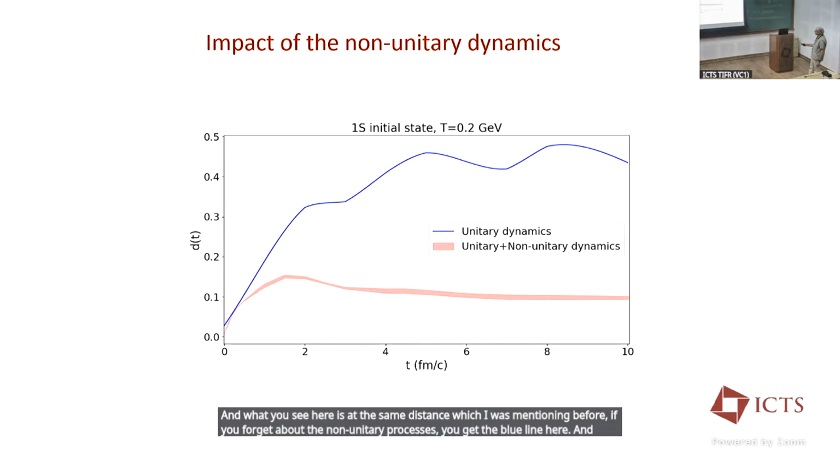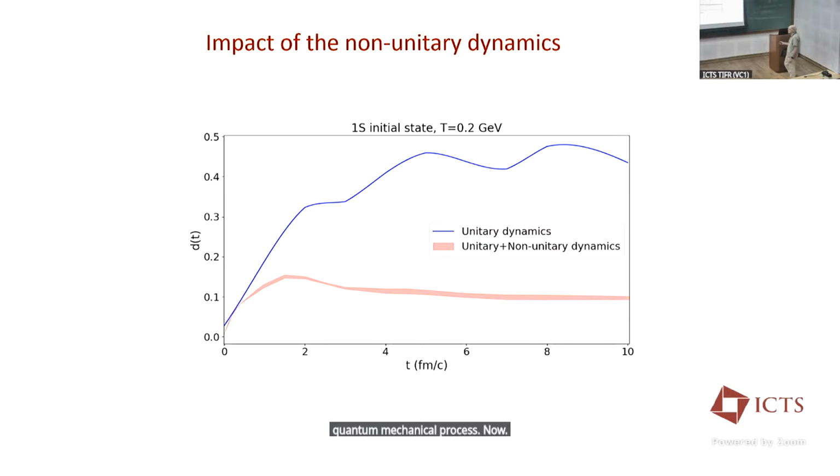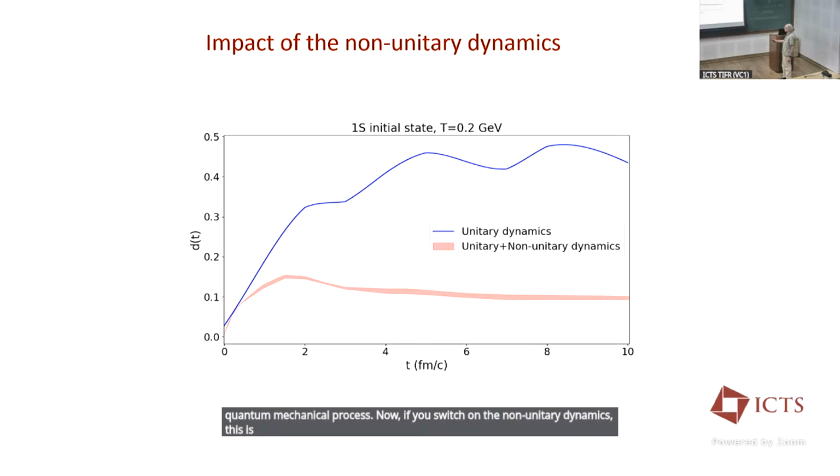And you see oscillations, which are somehow characteristic of the underlying quantum mechanical process. Now, if you switch on the non-unitary dynamics, this is the red curve here. You see the initial evolution of the distance is the same, but basically after a very short time,